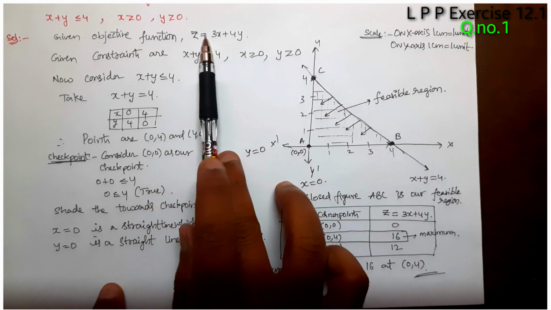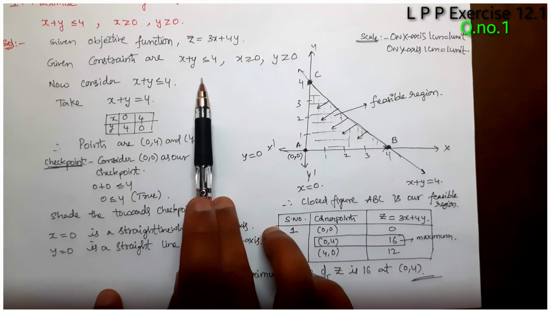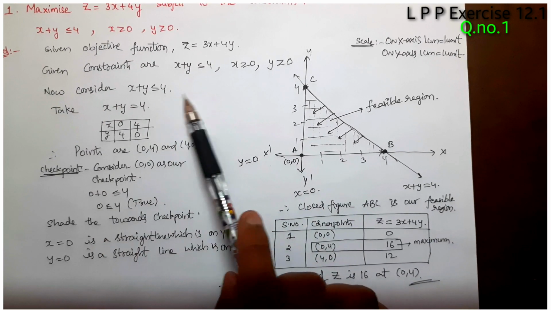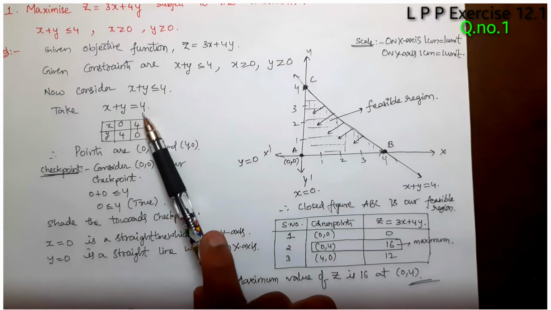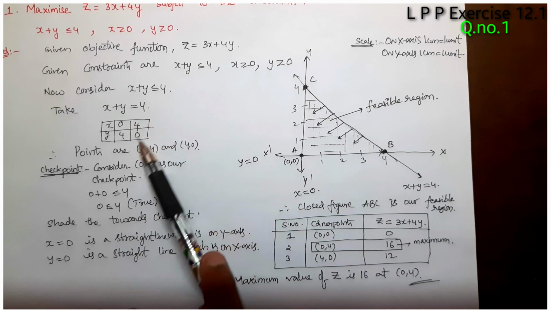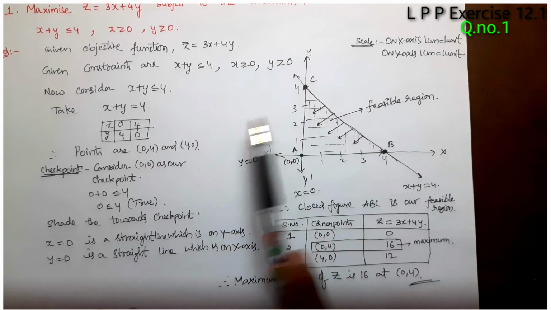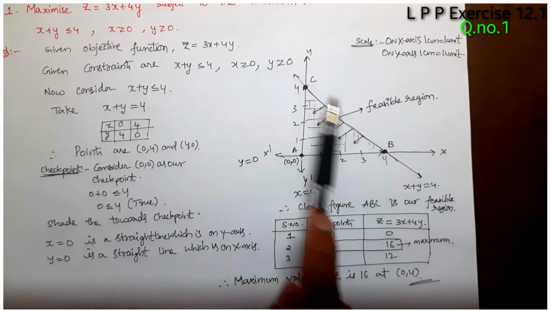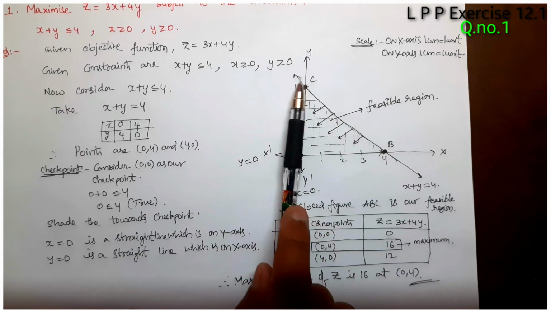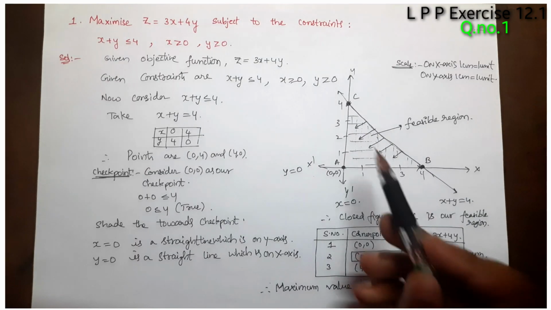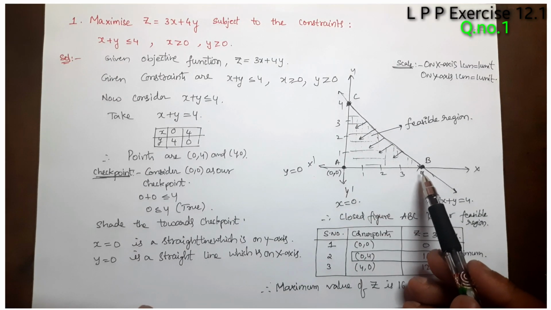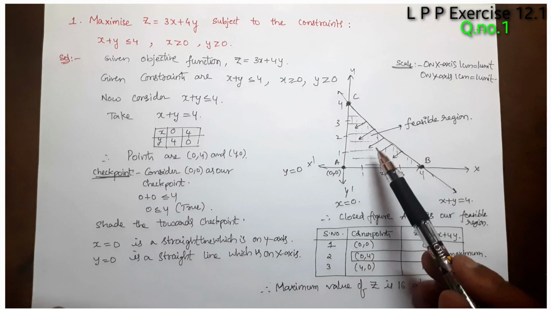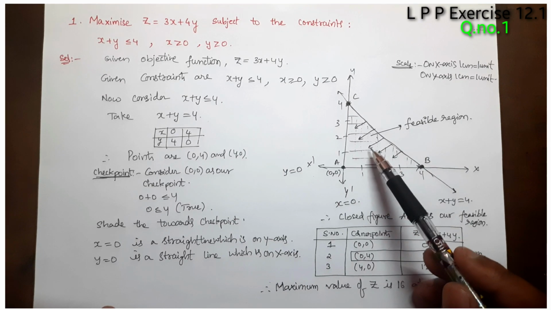First give the objective function and write the constraints, and then convert the inequality into an equation. Through that equation only we will get points. Those points we have to mention here: one is 0, 4, and then 4, 0. That we have to substitute. See, after substituting we have to join those. We get a straight line. From that straight line we have to identify the region, whether it is the upper half plane or lower half plane,